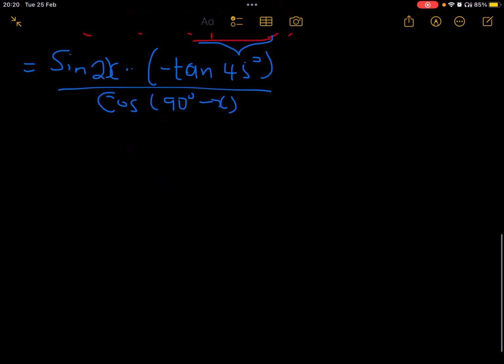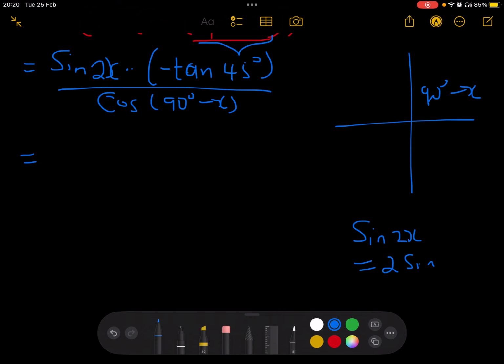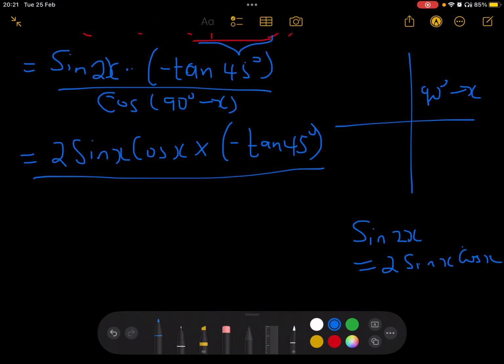Now, cos of 90 minus x is a cofunction. Then, since we are in grade 12, sin of 2x is a double angle that gives 2 sin x cos x. So this is 2 sin x cos x being multiplied by negative tan 45 degrees all over